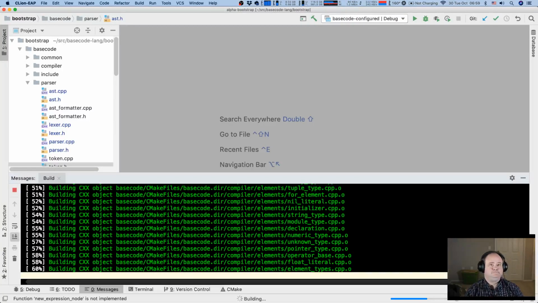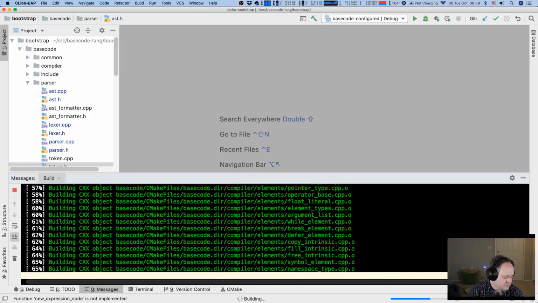My best guess is, depending on how it goes and how many rabbit holes I end up going down, which I expect to be quite a few, if I'm really lucky, May or June of 2019 I would have the self-hosted alpha compiler in a pretty good state.